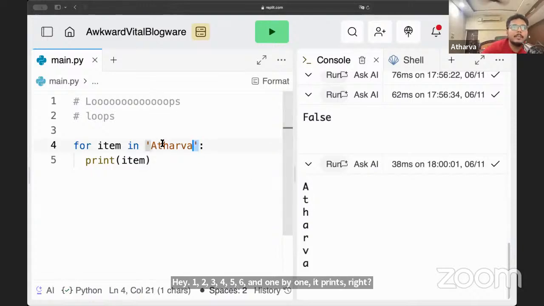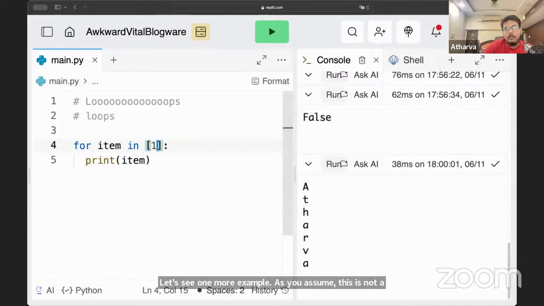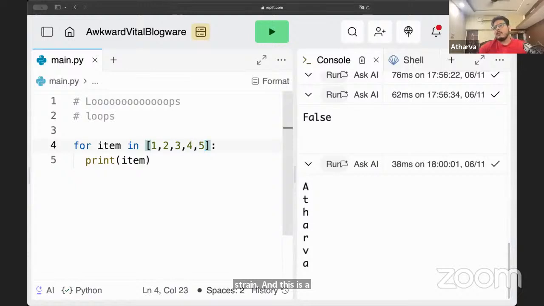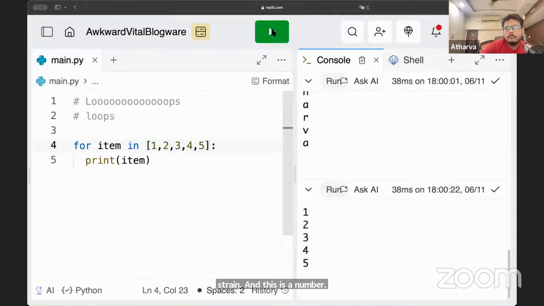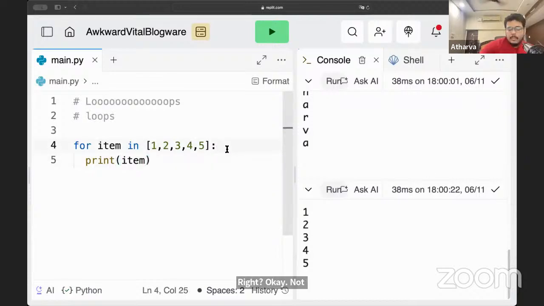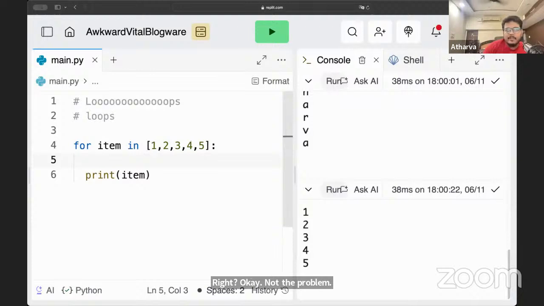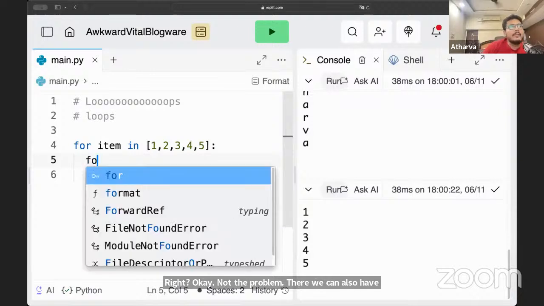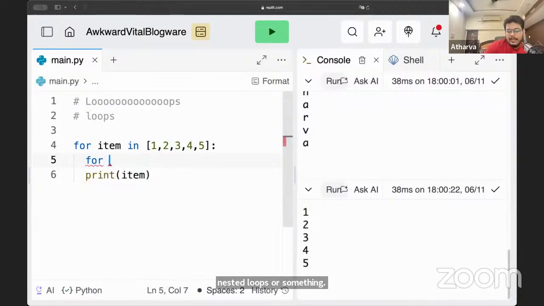Let's see one more example. Assume this is not a string, and this is a number. Not a problem. We can also have nested loops. We can have something like for x in, let's take a set.